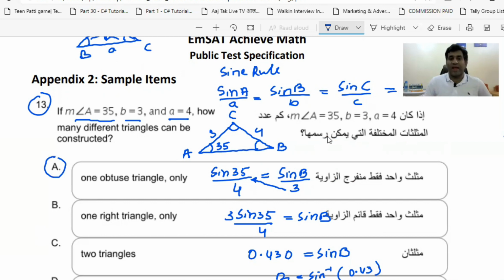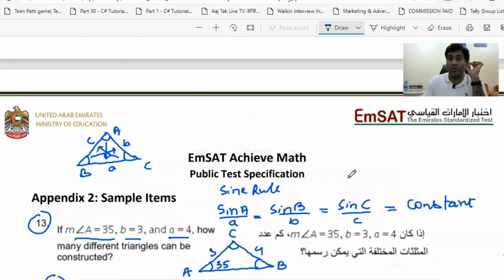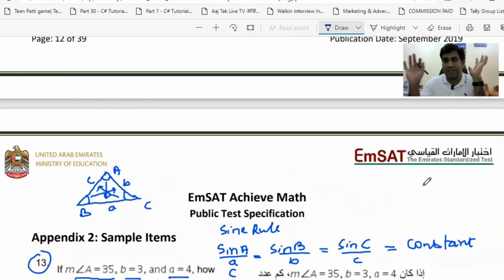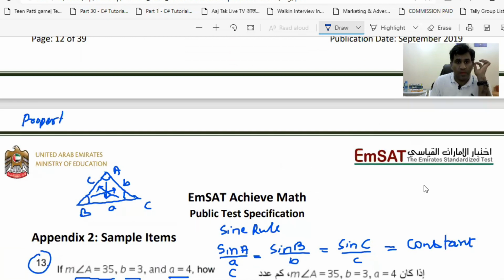And as I told, without doing all this, if I know the basic property of a triangle, just by looking at the side and the angle, I can tell you the answer. All this calculation is not required. This is really going to help you in your exam while saving time. So what the property says, please remember this. The property of a triangle says, in any triangle,